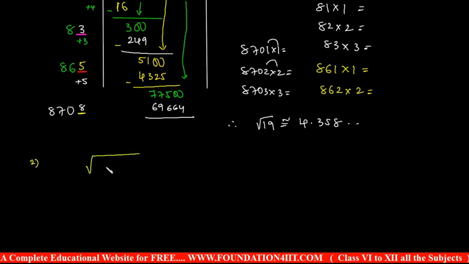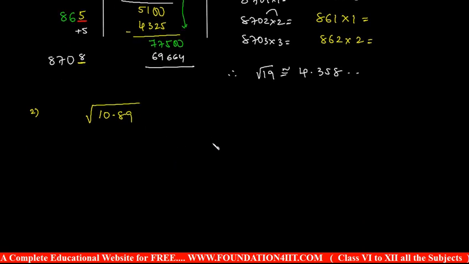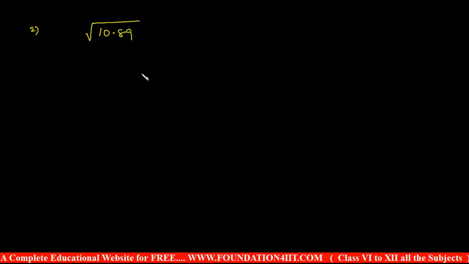Let me take one decimal number, for example, 10.89. So this is a perfect square. Let us conclude. 10.89. So what we have to do, in the division method, from the right side mark 2 digits after the decimal, and before the decimal also the same. The digits after the decimal point should be an even number because 2 should be marked, and before the decimal also the same. So 10 is near to 3 into 3, right? 3 3s are 9, because 4 4s are 16, more than 10. 10 minus 9 is 1.